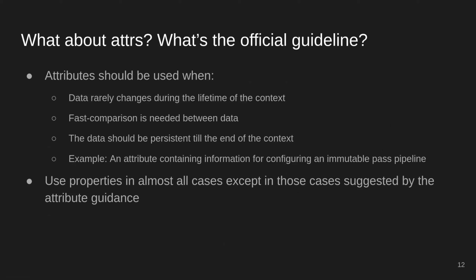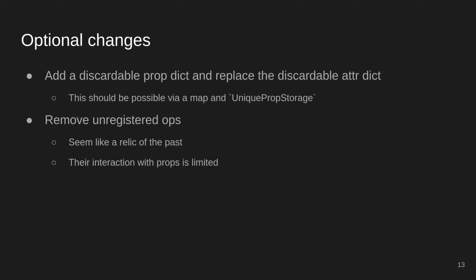This is my proposal. Basically, if data rarely changes, if you need fast comparison, or if you need the data to persist for the entire duration of the context, use attributes. Otherwise, please use properties. Once we have all the changes necessary upstream, we should use these guidelines to update all the dialects. And as some optional changes, I